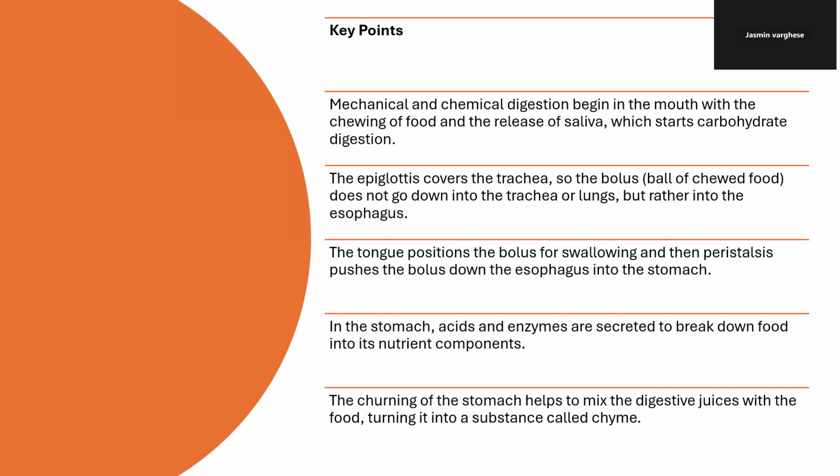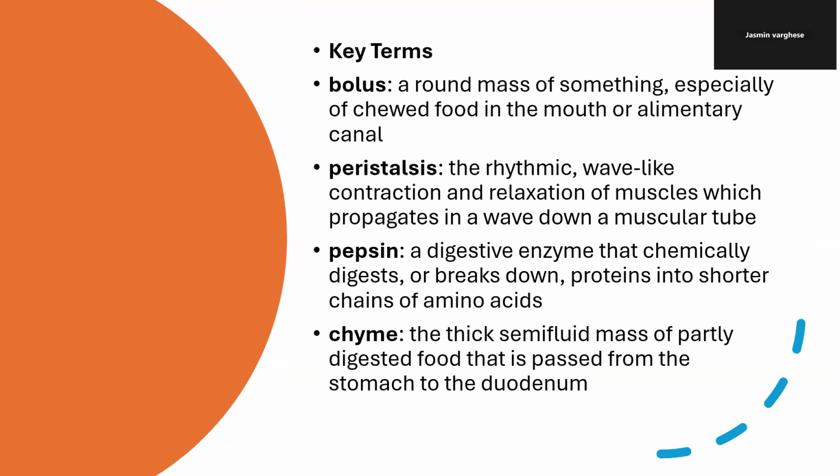the esophagus into the stomach. In the stomach, acids and enzymes are secreted to break down food into nutrient components. The churning of the stomach helps to mix the digestive juices like pepsin with the food, turning it into a substance called chyme. And the key terms: bolus, a round mass of something, especially chewed food in the mouth or alimentary